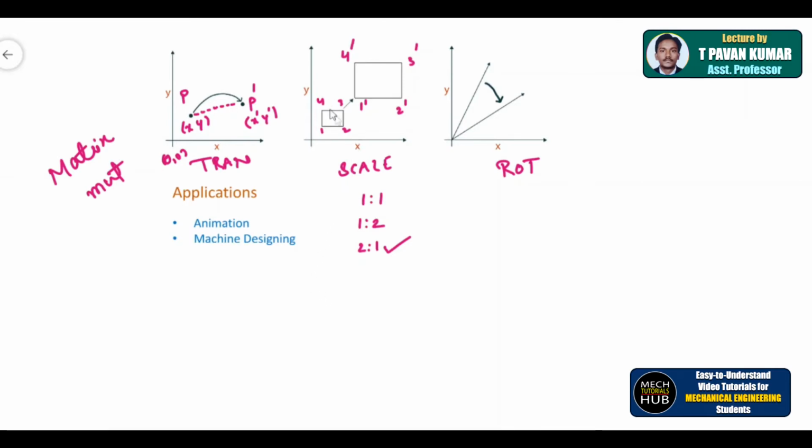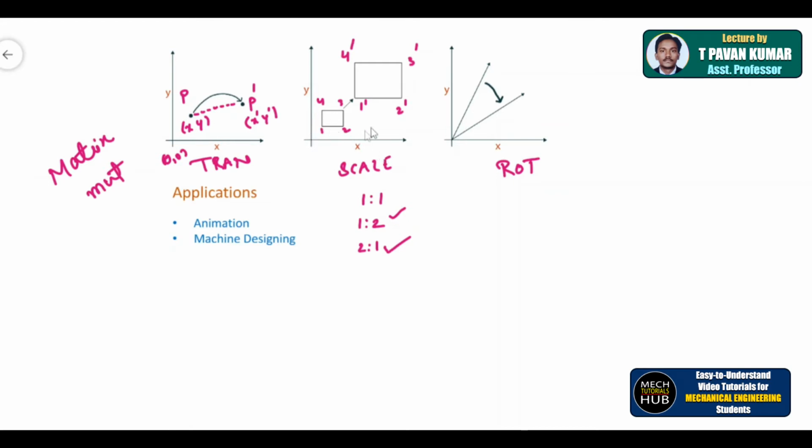Okay, so this is increasing the scale of an entity. If I want to decrease the scale of the entity, what happens now? I need to take a 1:2 ratio. Once you click on scaling, it will ask you the units that you want to increase or decrease. If you give it by 2 units, it will increase by that number. A negative sign will also have an effect in this scenario, not only in scaling, but in translation and rotation also. The negative sign of any number plays a key role, as you could see in the problem solving which I have already posted.